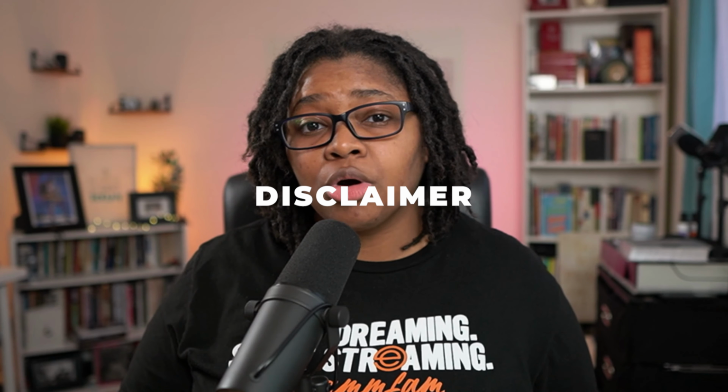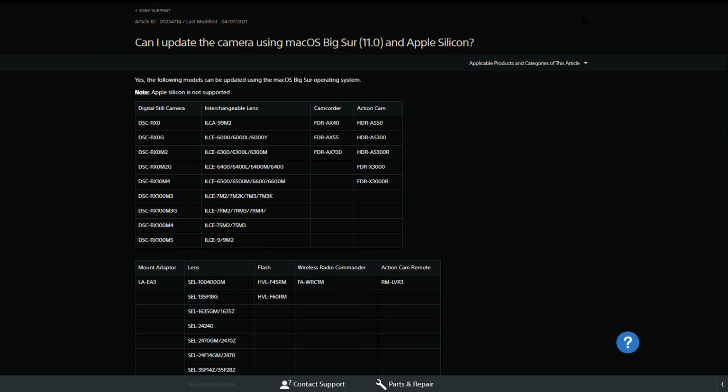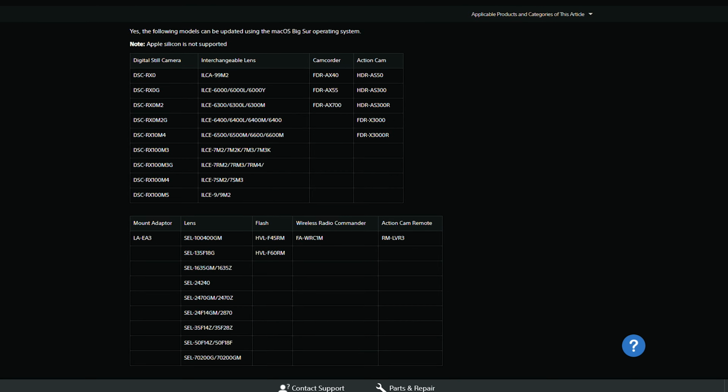So before we jump into any of the updates, if you're going to be doing this walkthrough on a Mac, which is where I'm walking you through this one, but it's available on Windows machines as well. For my Mac OS people, if you are updated to Big Sur, then unfortunately this does not work. I'm not sure what the delay is on it, but you definitely want to click on the link in the description to see if it has been recently updated. If you don't have access to that, maybe you can update to an older version temporarily, or you can use a second machine if you have one, or a friend that is still on Mac OS Catalina or something like that. That's going to help you tremendously with just being able to get through this process.